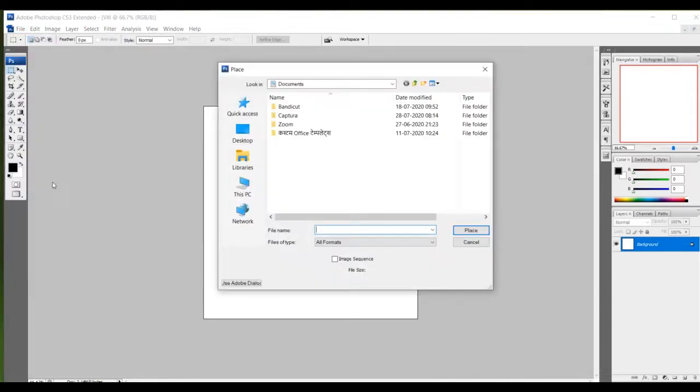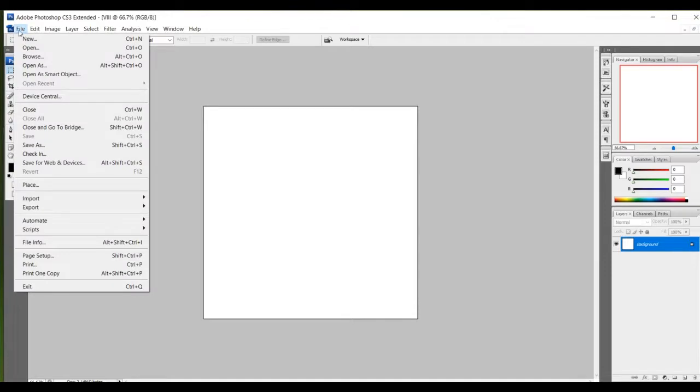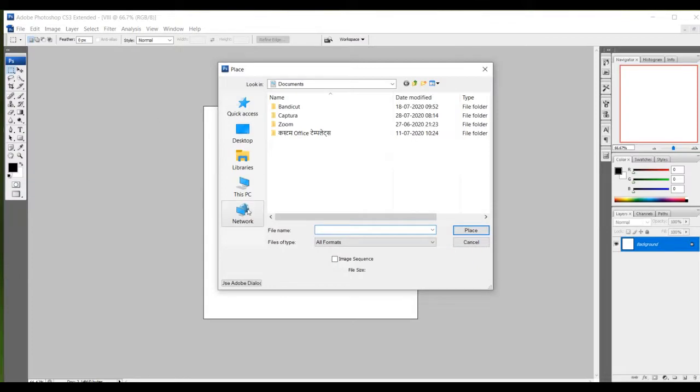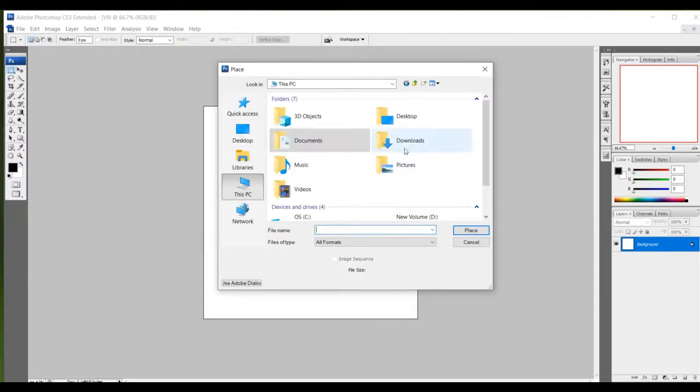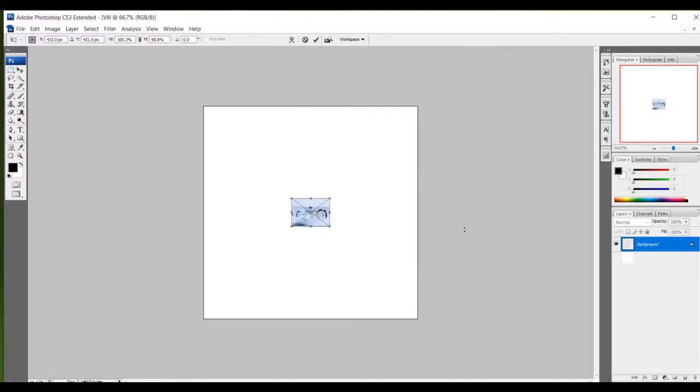Place means we have to place something. So let us add that image. For adding an image, go and select File and click on the Place option. As I click on the Place option, I want to place an image from this PC. So from this PC, I want to select the picture. I am selecting this penguin picture and I am placing it.